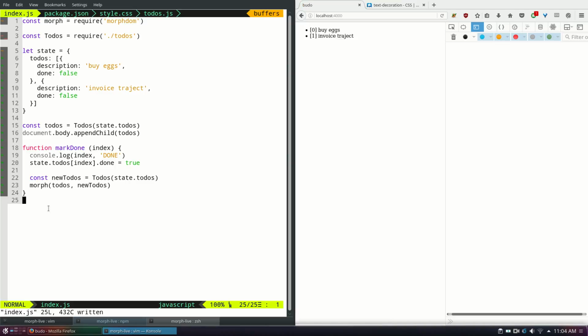But we don't want to call it here. We want to call it on the click of a list item. So how's that going to work? Well, we need to basically pass this mark done